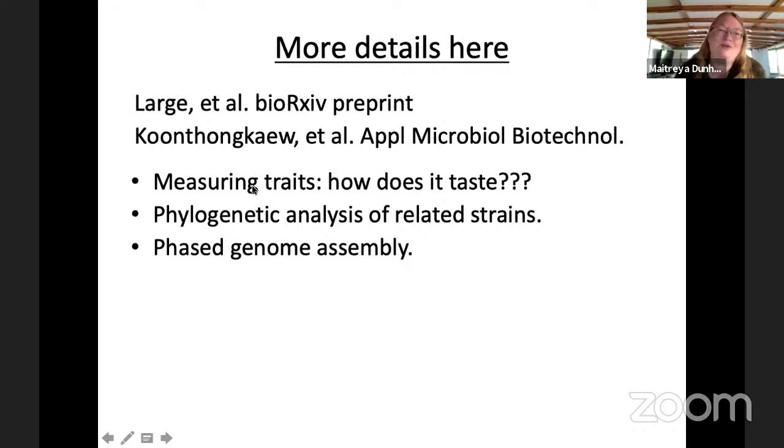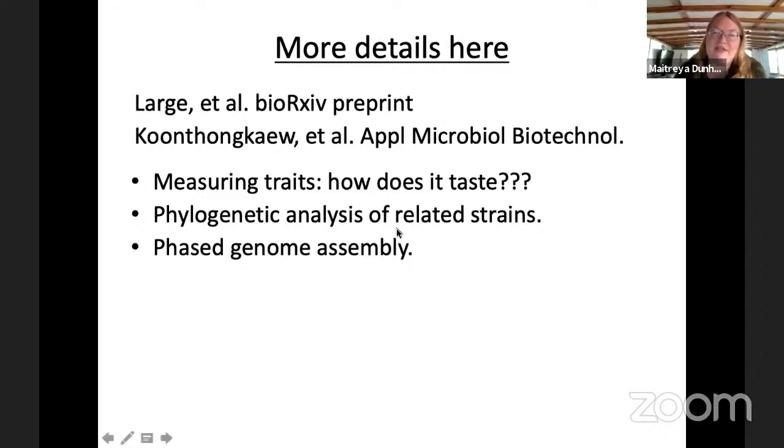The paper also has more information, like what do these mutations do? Why are they having such success in our fermenters? And how does it make the beer taste? One fun thing we did was brew beer with the ancestor and 2 of the evolved strains. Tom brewed beer so that we could bring it to a home brewing convention, and we had the audience do a sensory analysis, which was great. We were able to collect tasting data from semi-experts, and we were able to detect differences in taste that the mass spec also detects when you run it to measure those things.